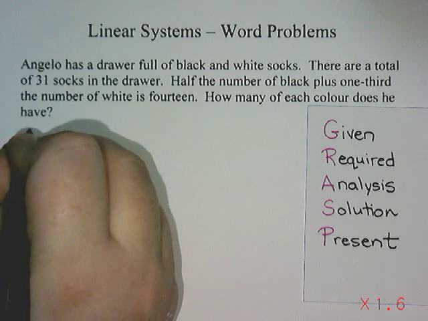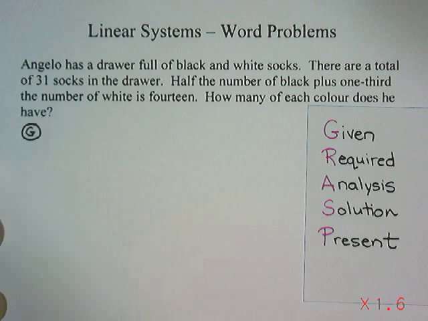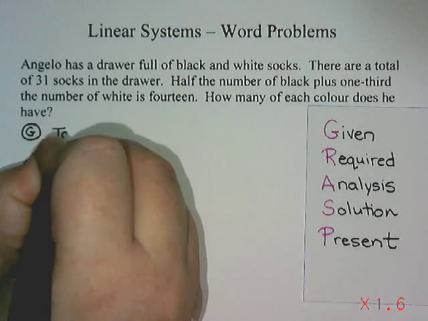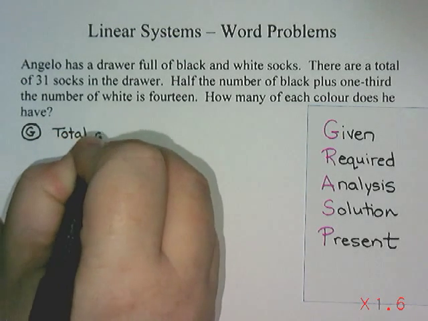So I'm going to break this down by doing a little G here, and I'm going to think about what the question told me. It tells me that Angelo has black and white socks, right? And there's a total of 31 socks in the drawer. So that seems important to me. So I'm going to write that there's a total of 31,